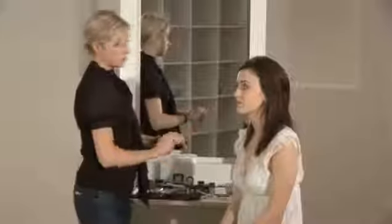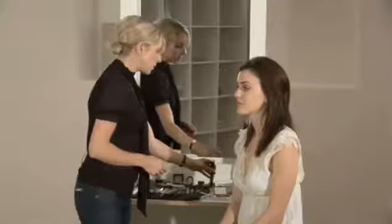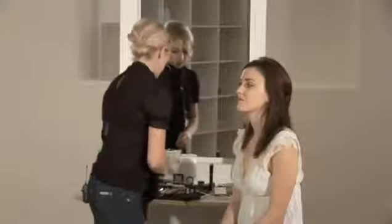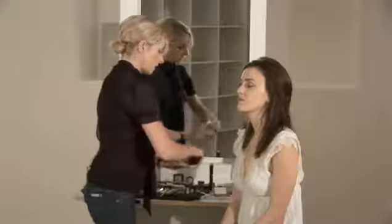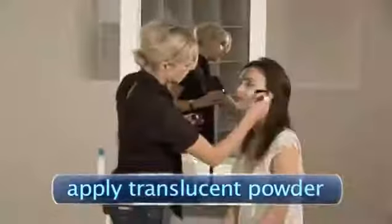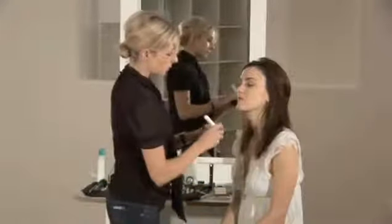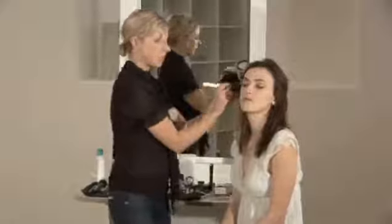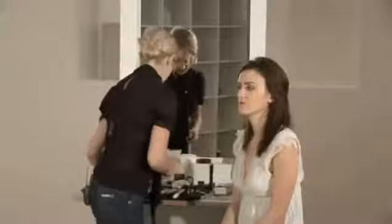So now we can move on to contouring the cheekbones. This is a winter model look, so we do want to do that model-esque sort of contouring here to really bring the cheekbones out. Translucent powder is really important. Shake up the powder, use what's in the lid. You really want to prime the skin here, because if we don't put enough powder on, you'll find that you have patchiness with the contouring. I'm going to be using an angled brush